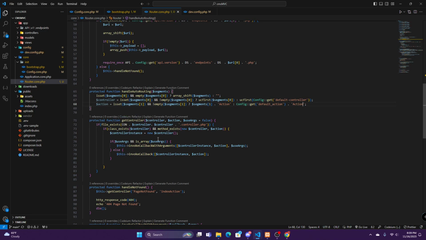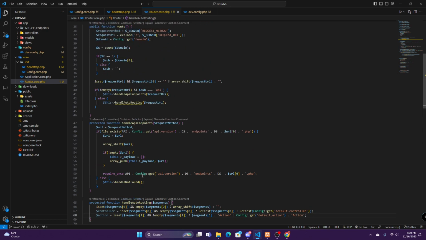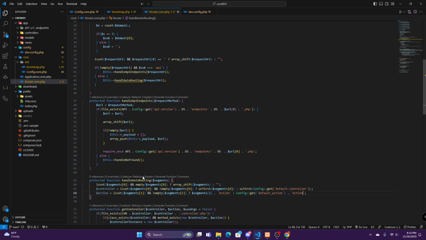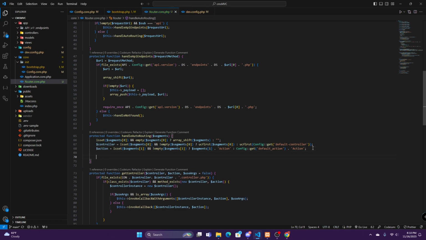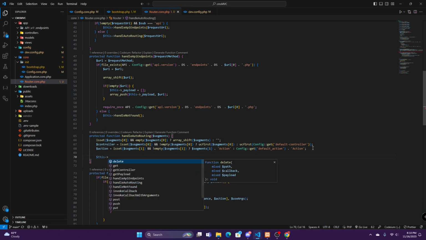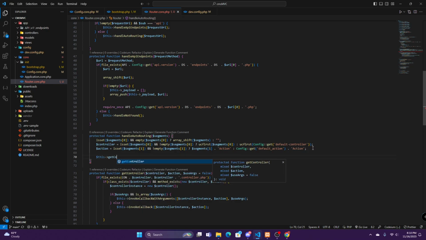If the file exists, then it handles the routing for us and does all the callbacks. So all I have to do now is go back to this handleAutoRouting function and say $this->getController, and then pass in the controller and action, and then